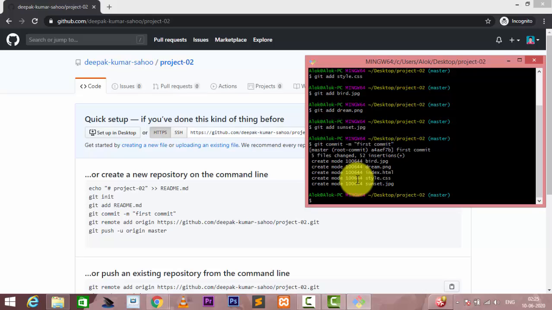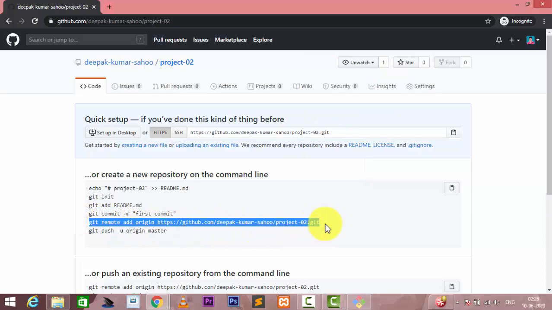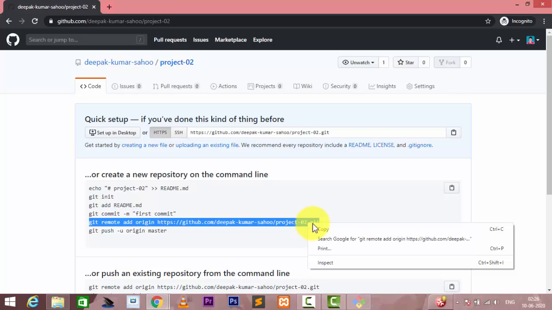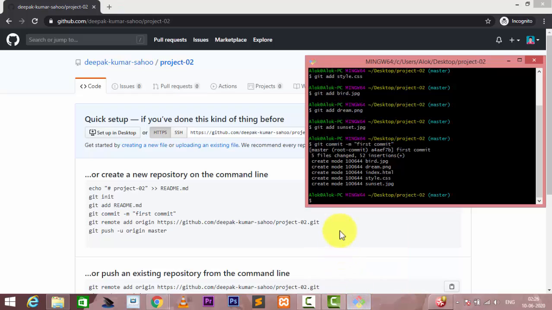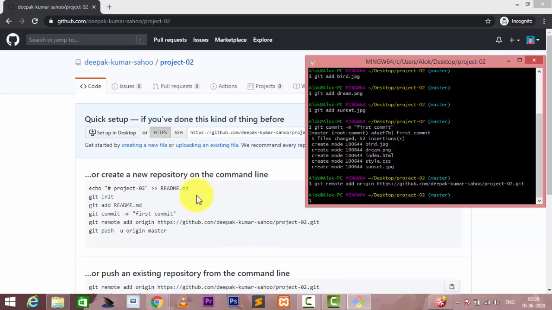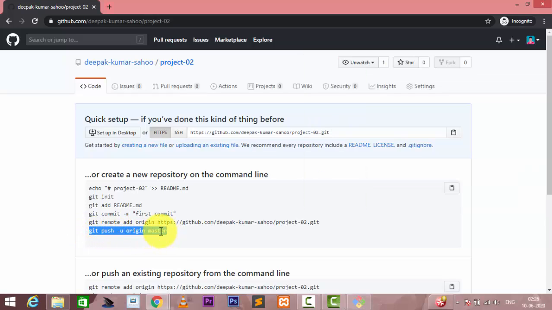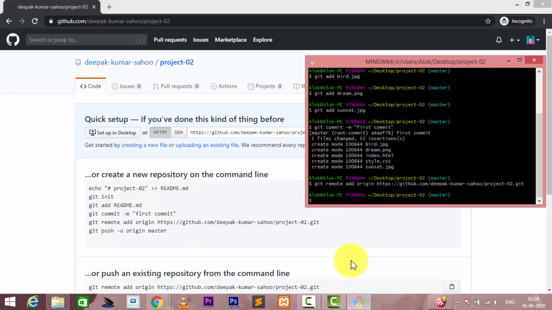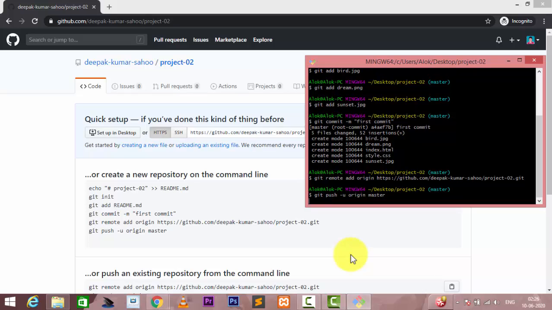So I simply copy it here, and in order to insert it, we use shift insert here, and I just get the remote added. So the remote is added successfully, and after that we select this last portion and again copy it, then go here and press enter, git push -u origin master, and press enter here.